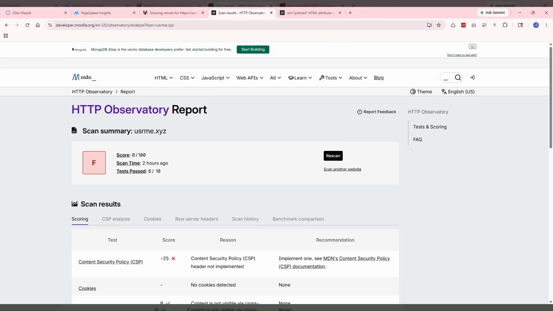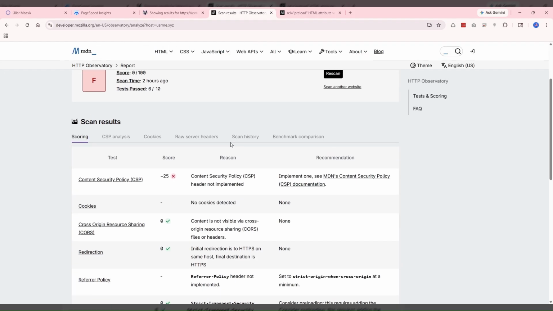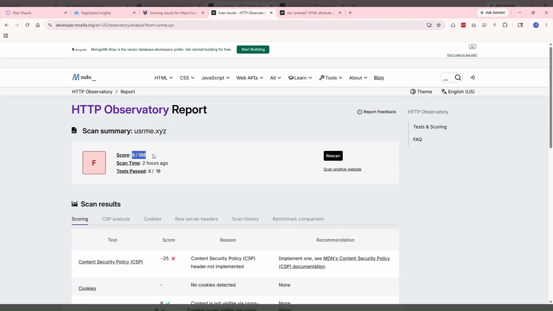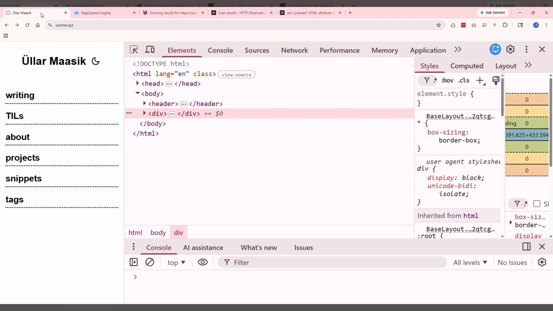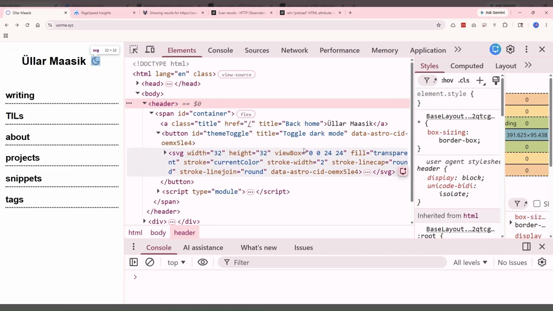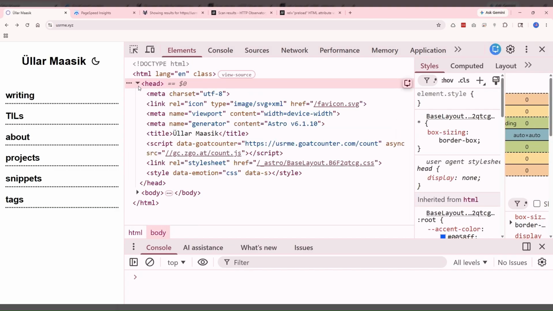Then, when we look at, this is something called an HTTP Observatory Report from Mozilla, right? MDN. Mozilla, and you see that it's got a score of 0. The last one of the sites I saw, it had got a score of 30. This one has got a score of 0. And one of the reasons it's got a score of 0 is because it doesn't like it downloading the script from in the head. If you look at the script from the GoatCounter, if you're downloading this kind of script, sometimes what you do is you set up the appropriate headers, and you tell your browser in advance by providing certain headers, that